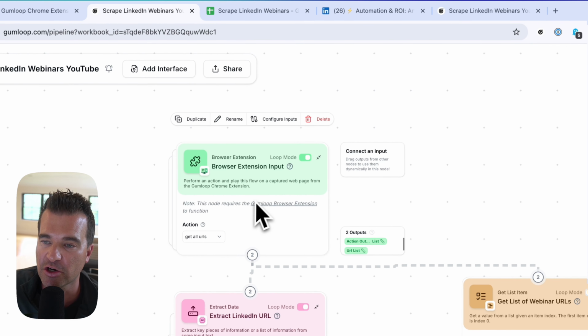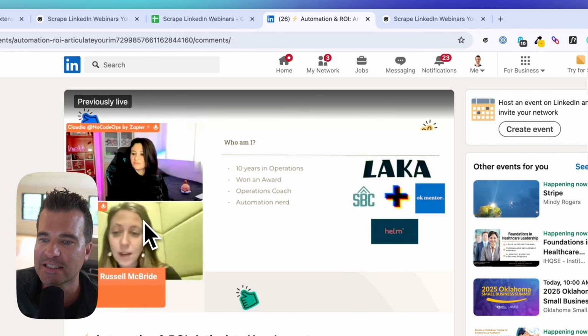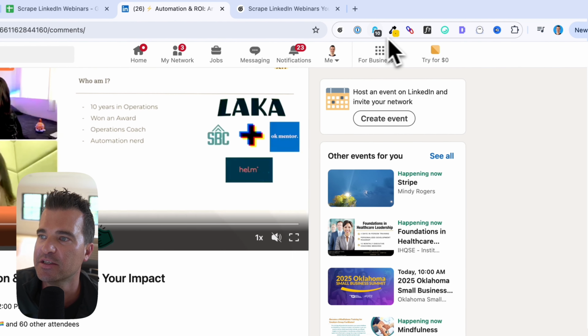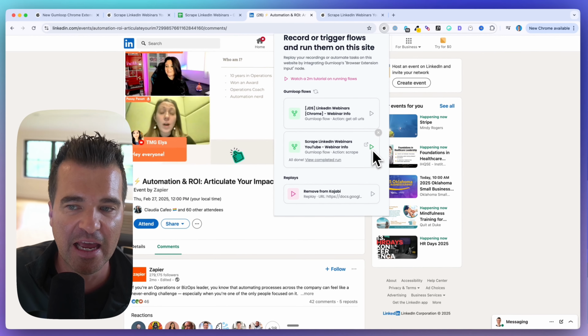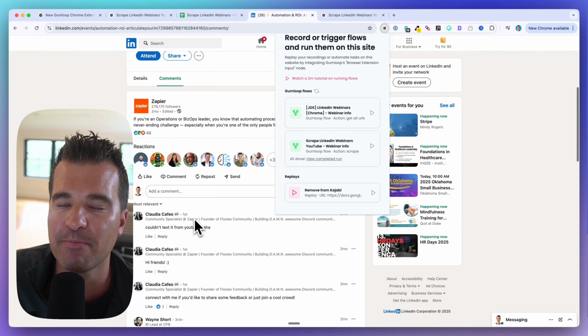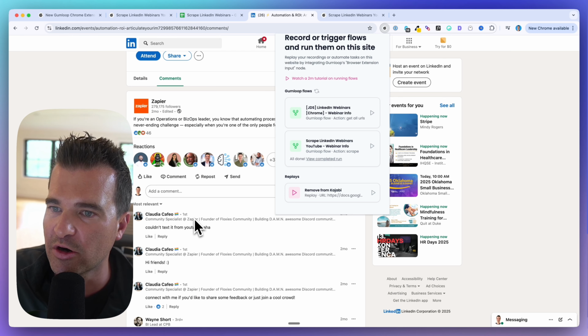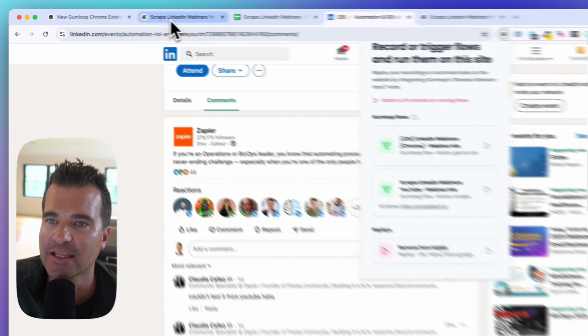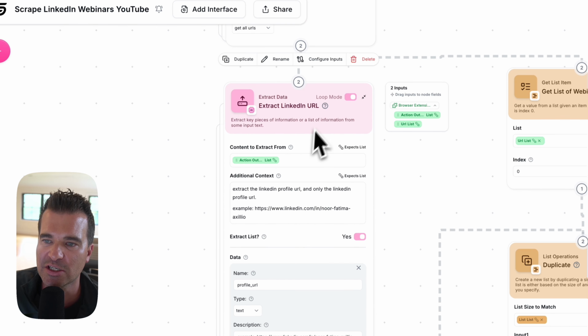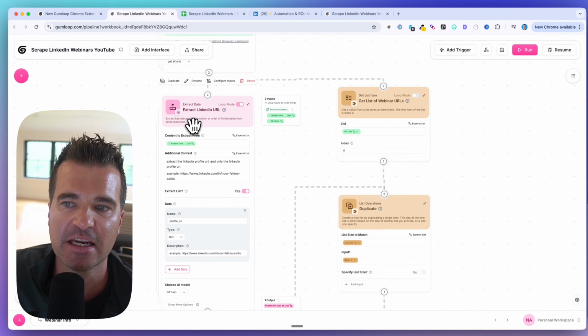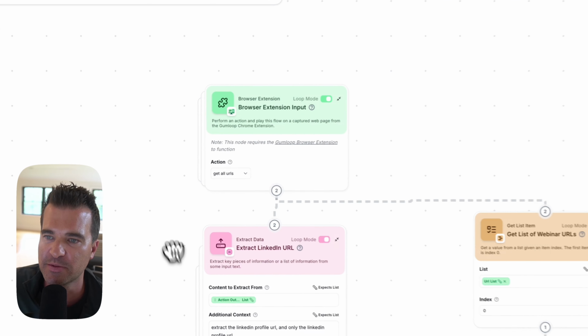So that's the trigger: when we're on the LinkedIn page, we can just come into the Chrome extension and hit play on our flow, and it's going to execute the scrape on the page that we're on, while we're, importantly for LinkedIn, in a logged in state. And now what we're doing after that is we are going to extract the LinkedIn profile URLs, because what this browser extension is